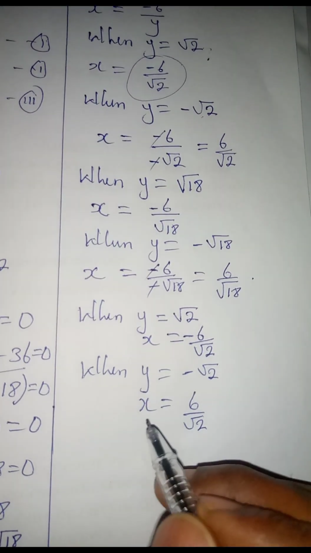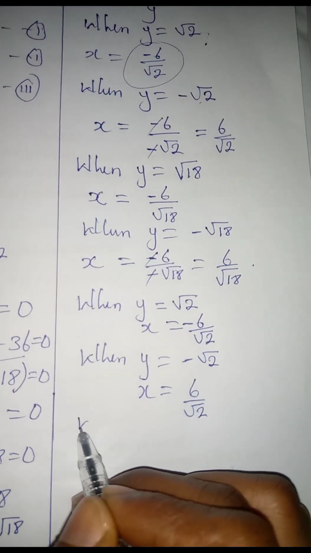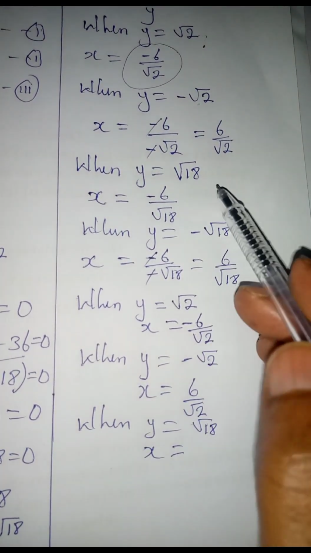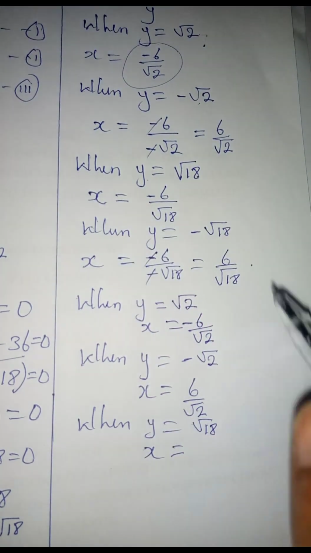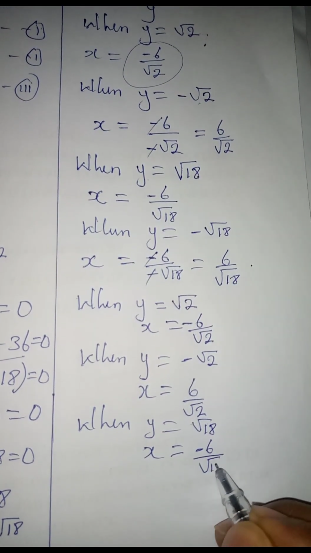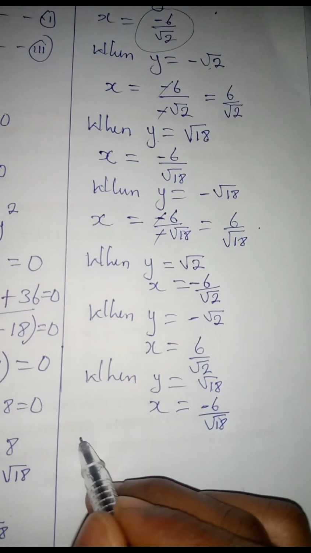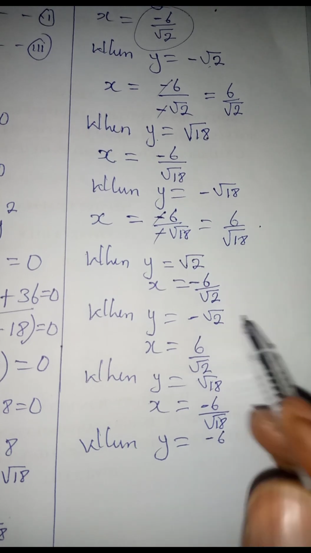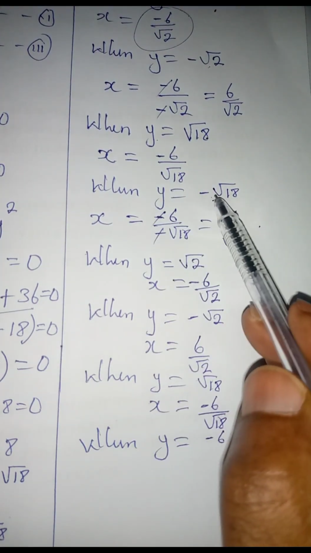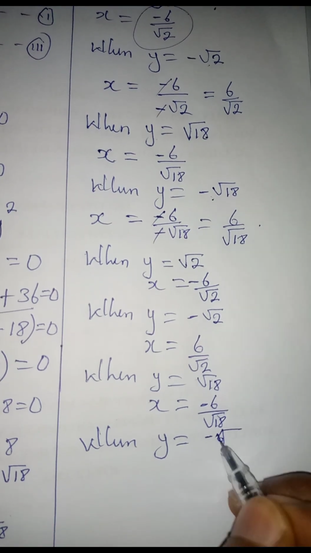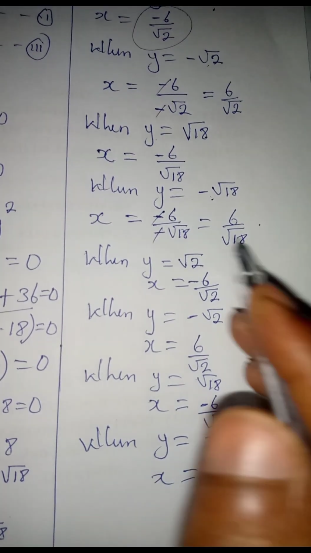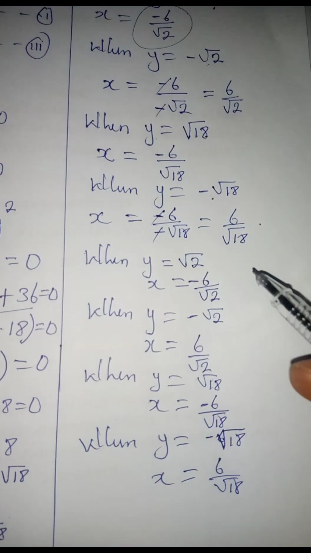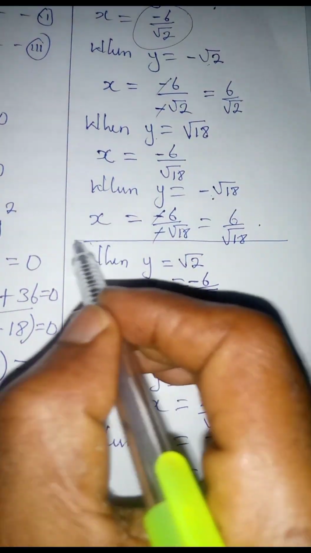Then the last part: when y is equal to root 18, x is minus 6 over root 18. I'll have minus 6 over square root of 18. And the last one, when y is equal to negative square root of 18, then x that we got is equal to 6 over root 18. So these are the four values of x and y that